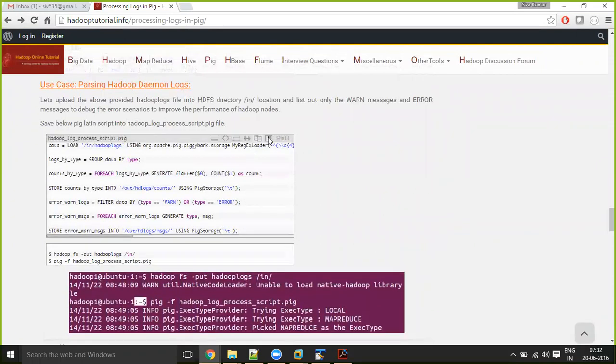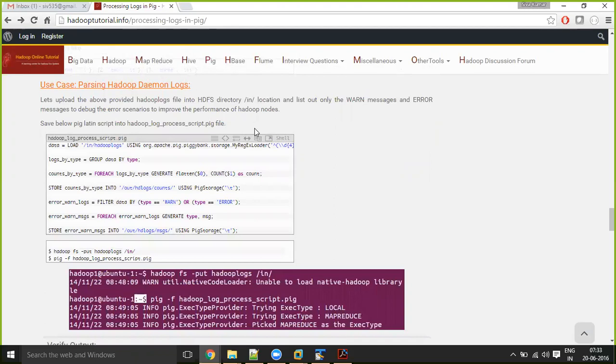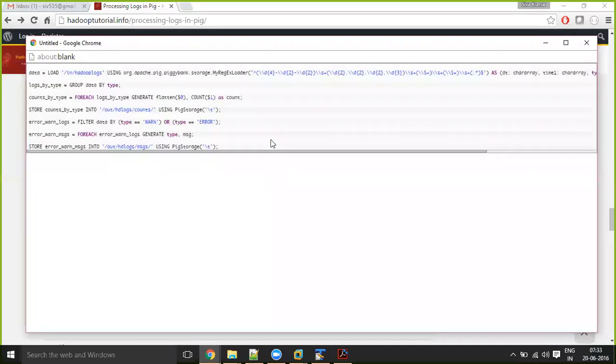Okay, so you can see this sample, extract error message. So I'm grouping by type, which is info or warning or error messages, and getting the counts of them for each of info, error and so on, and storing counts somewhere. And again, if I am interested in extracting only warning or error messages, I will be filtering them out and storing these error or warning messages into some location. So here is one simple example of